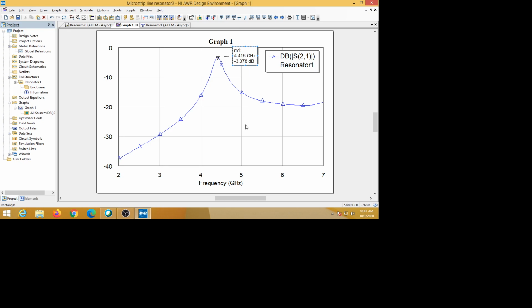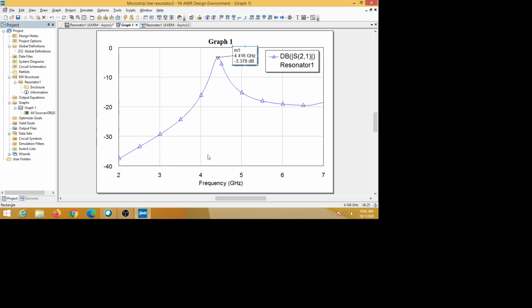A better way of plotting can be done by using plot properties. To make all these changes, we can change the labeling of this axis, the x axis and y axis. We can change the thickness of this line, we can change the bullets or remove the bullets.